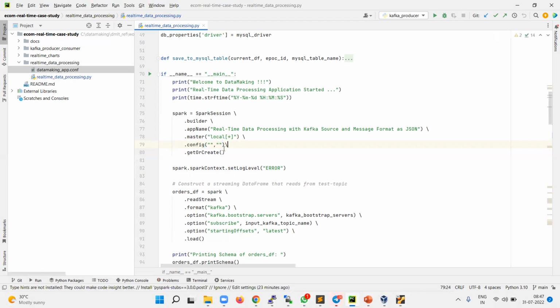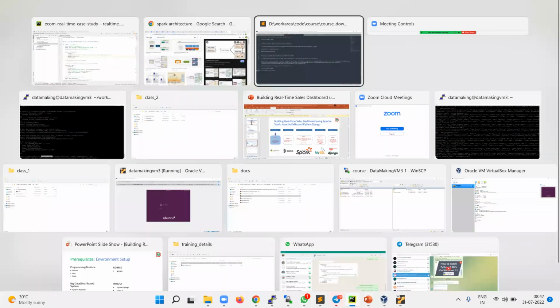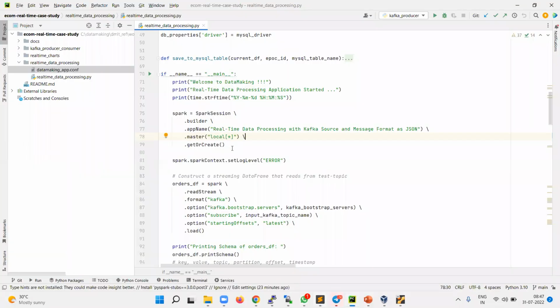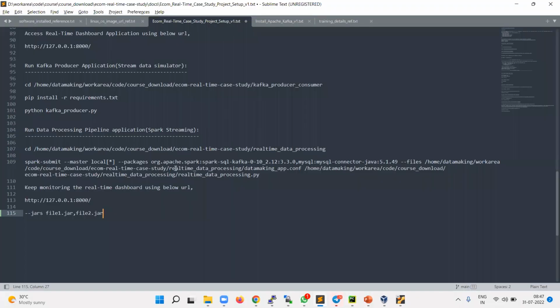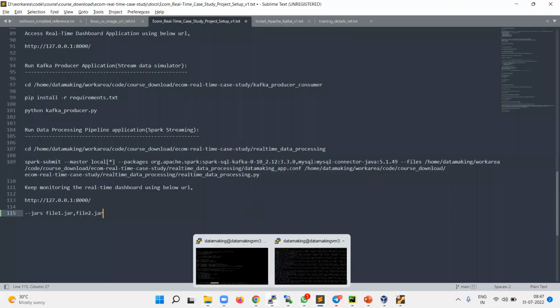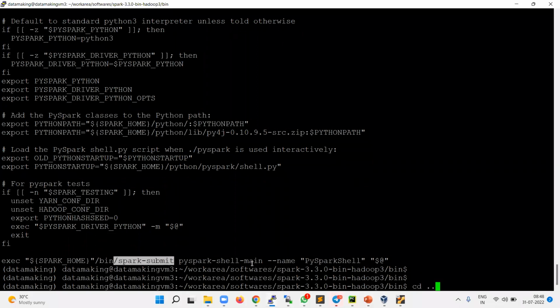You can provide it here, or generally one is providing it here, and the other one is providing it in the Spark submit command. Here you can specify those properties. This is the second place, in the Spark submit command, and the third place is in your configuration file of the Spark. If you go to the Spark installation location,